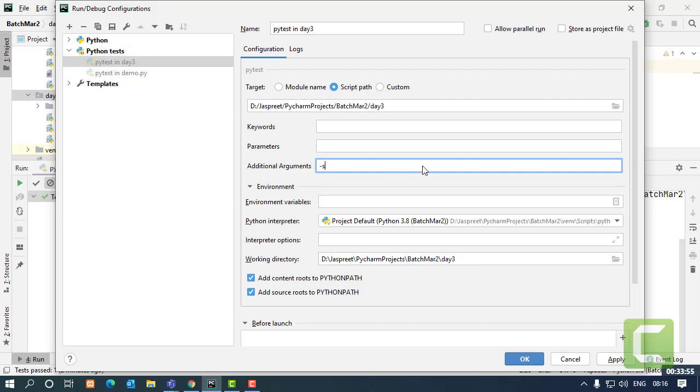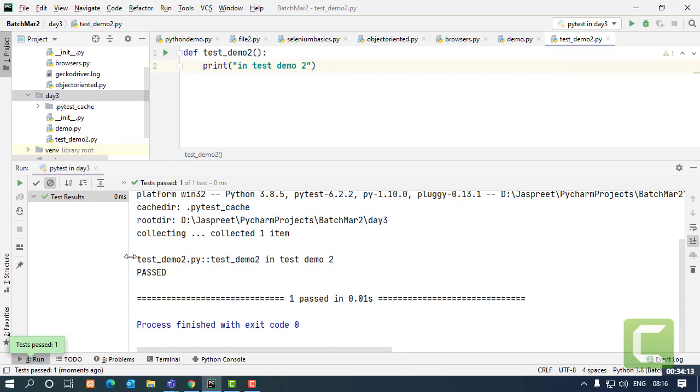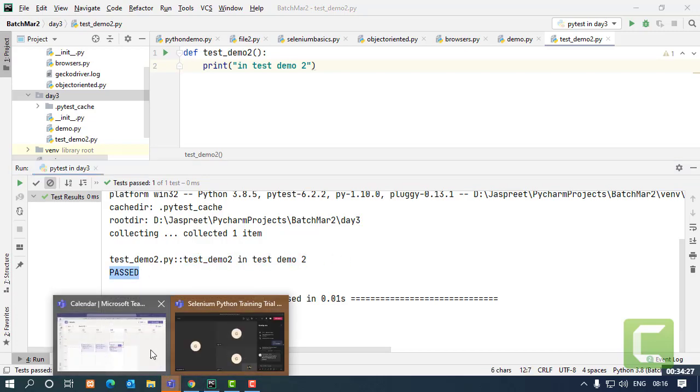This marker is going to be added in the additional arguments. Why? Because it helps you print the standard output on your console in a proper manner. If I apply this and click OK, and I run it again, this time my output has changed a little. It gives me information on which file the test case ran from, which test case ran, what was inside, and whether it passed or failed.